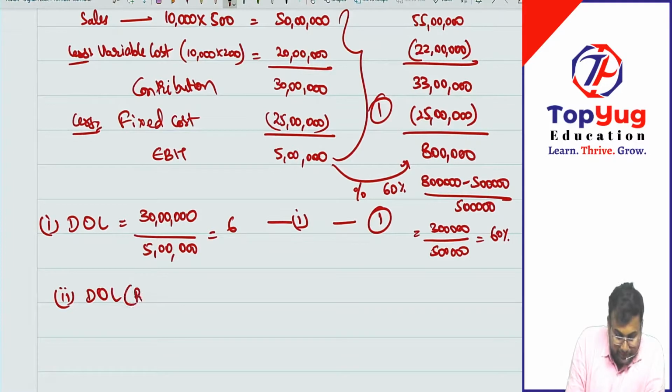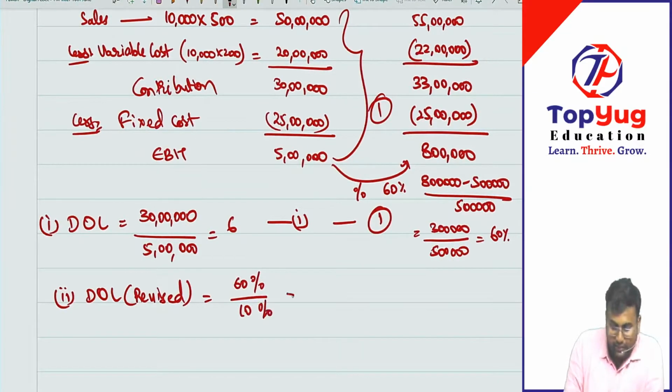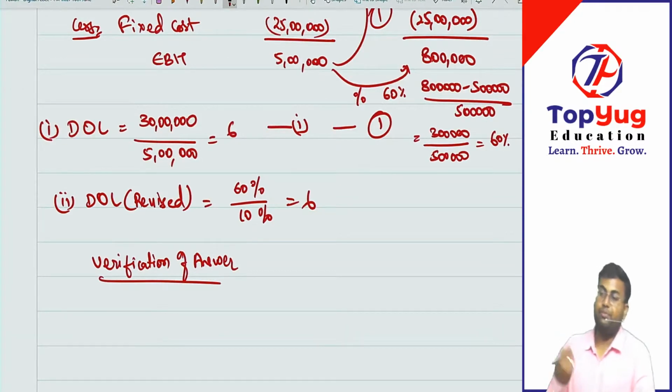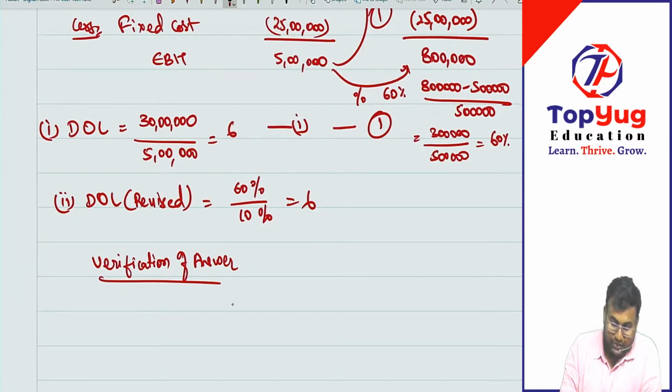DOL revised is how much? 60% by 10%, that is 6. I am just verifying the answer. I am not trusting the formula, I want to verify it. So you do it by the first one. So what is the first one? He says 33 lakhs. That is contribution divided by